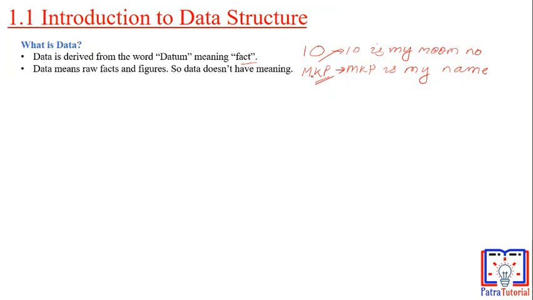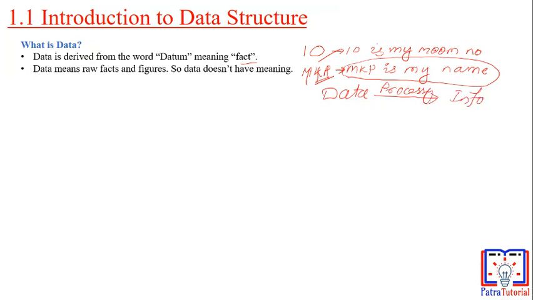So data doesn't have any meaning. That means this is data, this is data, this is data, but this is not meaningful. But this sentence is meaningful. So this is what? This is called information. So information is nothing but collection of data with added meaning. It's called information. So I can write like this now: data, and by processing those data I can get some